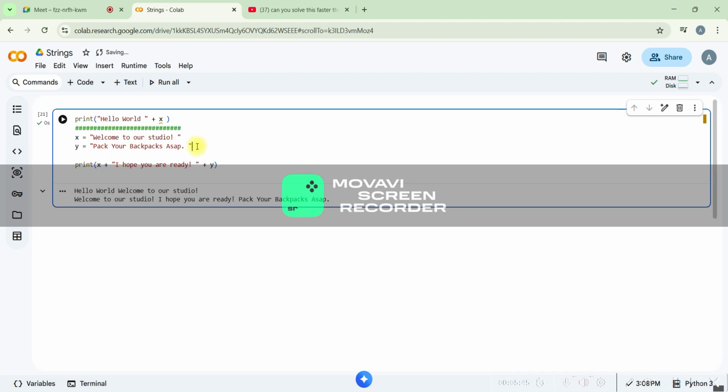Now, in most coding languages like Luau,